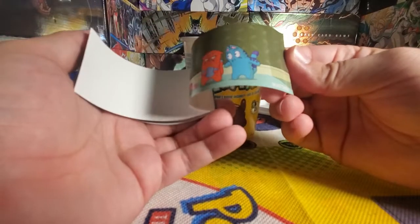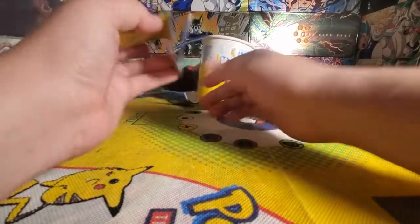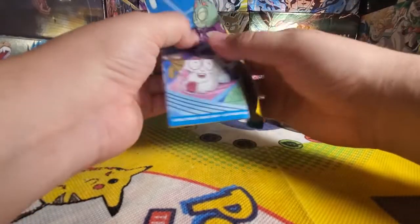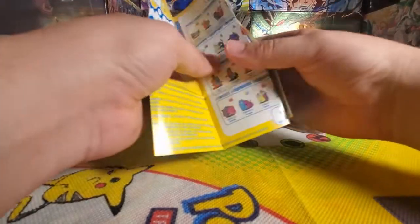This will tell us who we got, though. So we definitely got the guys playing with the yarn, which, if we go back to our collector's guide here, is...